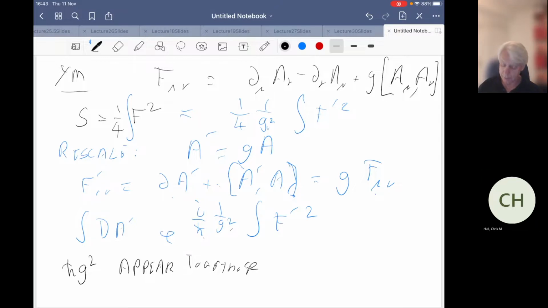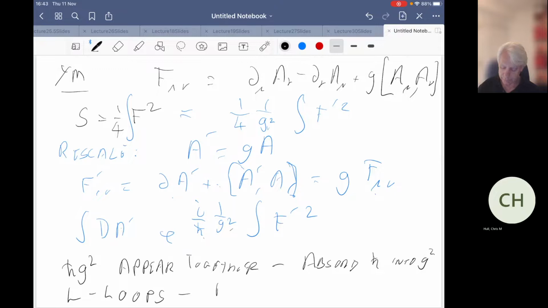And so we can absorb h bar into g squared, and this combination is the loop counting parameter, so that at L loops one has